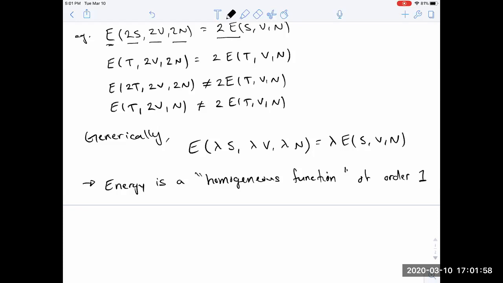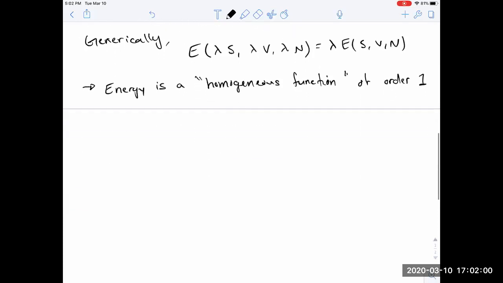Now that's a mouthful, but it's useful to note it because there are theorems associated with homogeneous functions. For example, Euler worked out for a homogeneous function